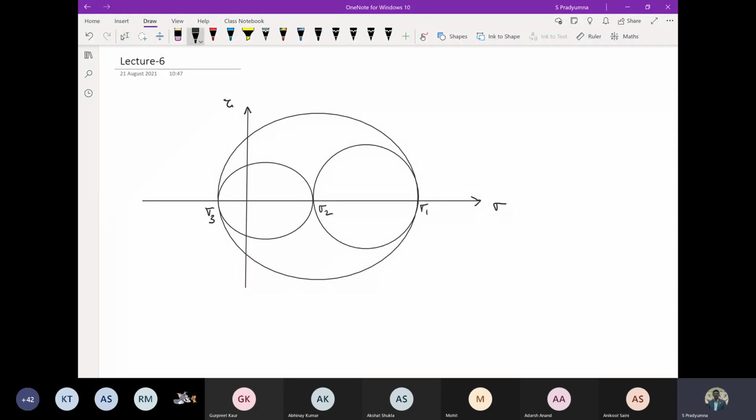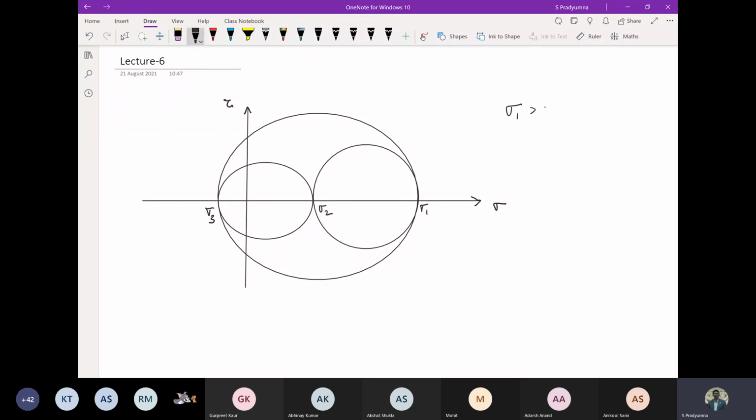Okay, welcome to the sixth lecture of APL 108. In the last lecture, I think we discussed how to get the principal stress, and from the principal stress, we discussed that any normal stress and shear stress combination has to be within some boundary. So that we discussed, and also we plotted the Mohr circle for the general state of stress when I have